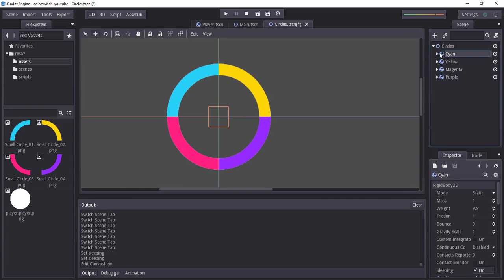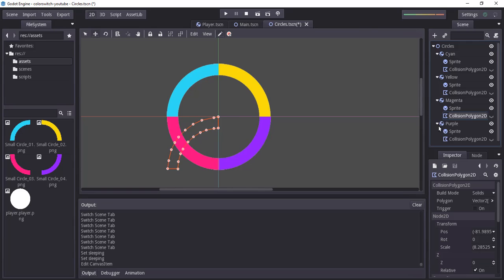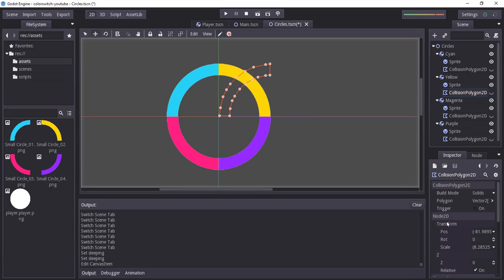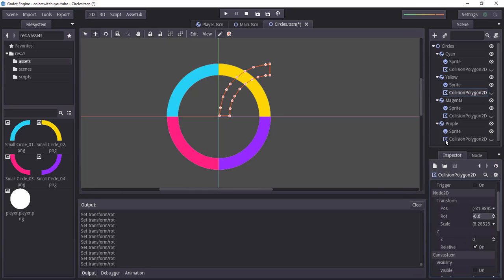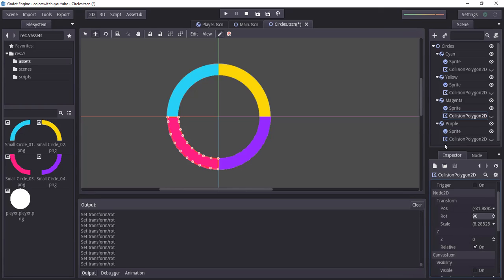Alright, so collision, let's check the collision for, oh my gosh, that was crazy. Okay, so we have to fix the collision shapes for this one. It's at 90 degrees, minus 90. And the collision shape for this one is gonna be 90. And the collision for this one's gonna be